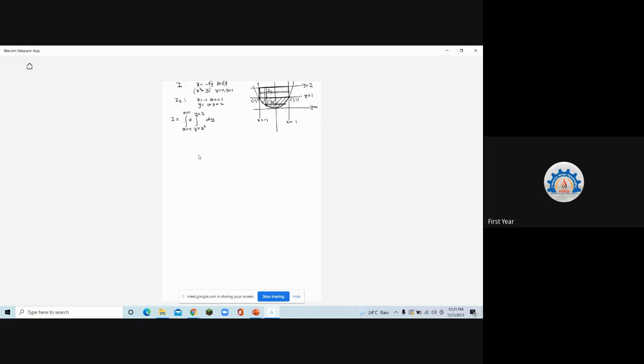So now do this integration, and nothing is inside the integration. So do this integration and tell me the answer. No need to do it 2 times, but if you want, you can check it with 2 times. Do it and tell me the answer. Everyone, put it in the chat box.